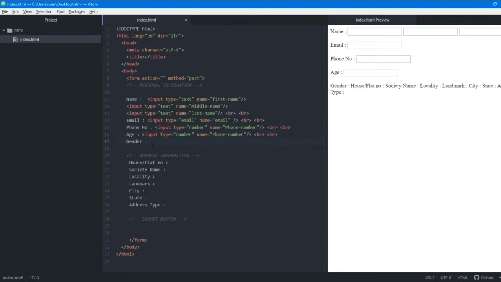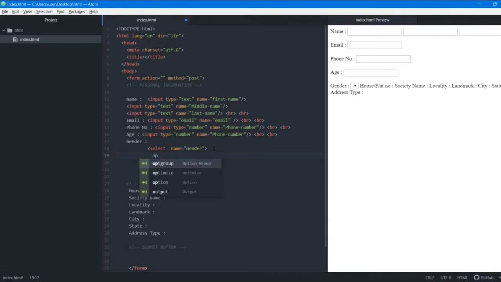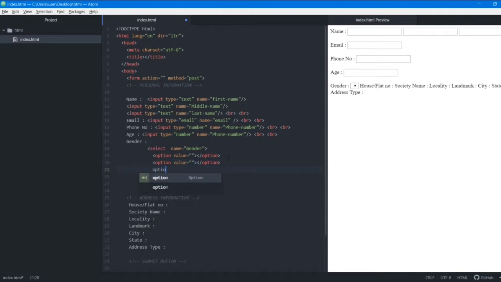Okay, and for gender we're going to create a drop down menu. We did it last time also. So the syntax for drop down menu is select. We don't need a class, so we'll remove this class part. We'll give it a name, gender. Now we're going to have 4 options. We'll give them values later.